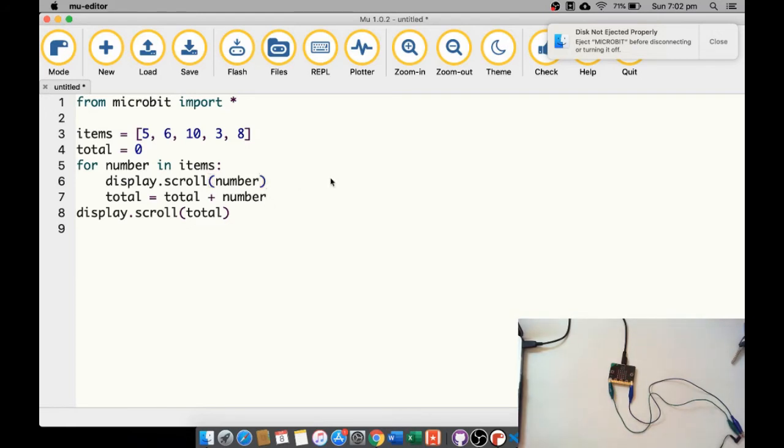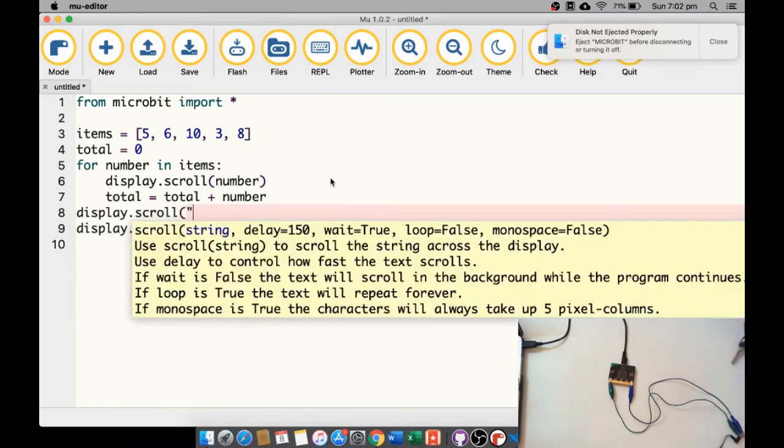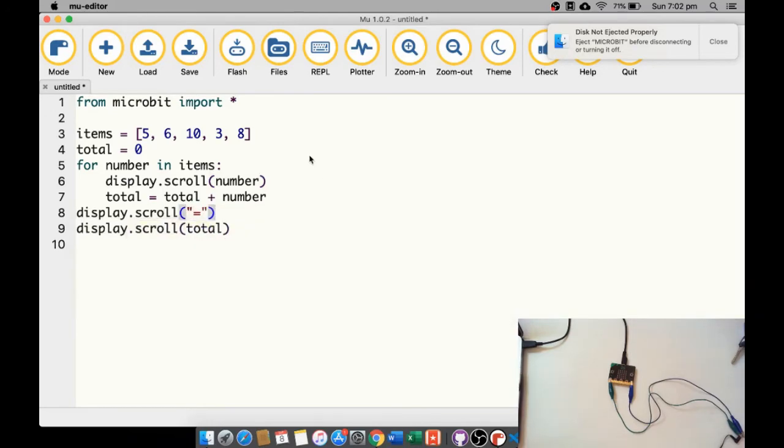Maybe I need to put in an equal sign so I know that it's finished. So let's put in here a display scroll, put in a little equal sign, and flash that across the Microbit. And you can see here that I haven't written scroll 5 different times, but it's this one command that is running to scroll and print all those different numbers